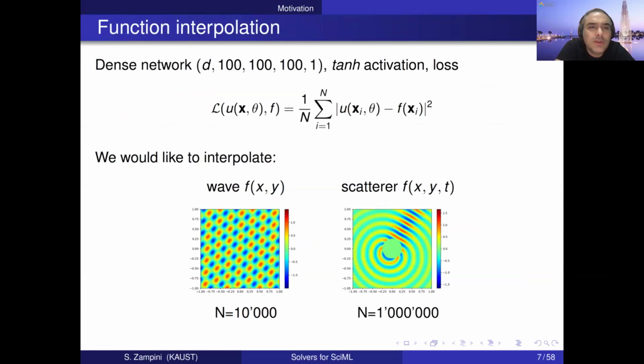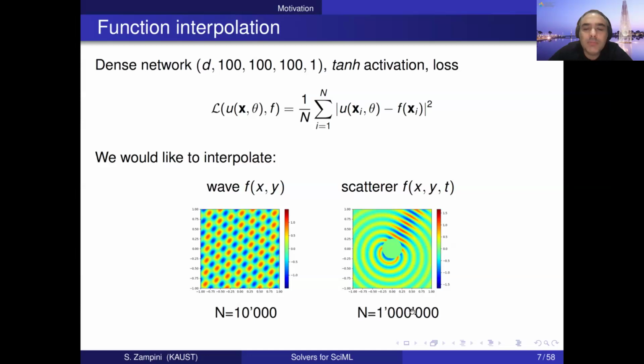To interpolate a function, in this specific example, I'm using a 3-layer dense network. D is the input of the network, which is in 2-dimensional space or in 3-dimensional space in this case. This is just a toy problem. I'm trying to learn a neural network that, for a given set of parameters, approximates the function at some random points that I have. In this case, we use 10,000 random points in this domain. And for the three-dimensional case, so this is 2D plus time, which is some sort of scattering problem,